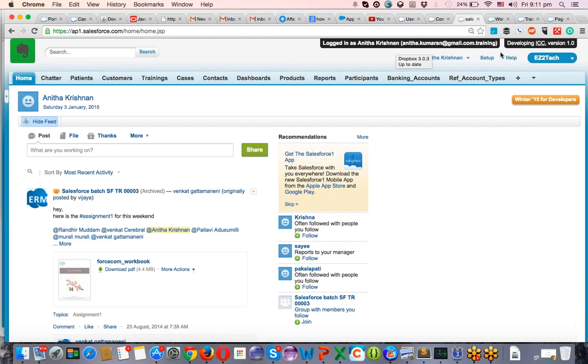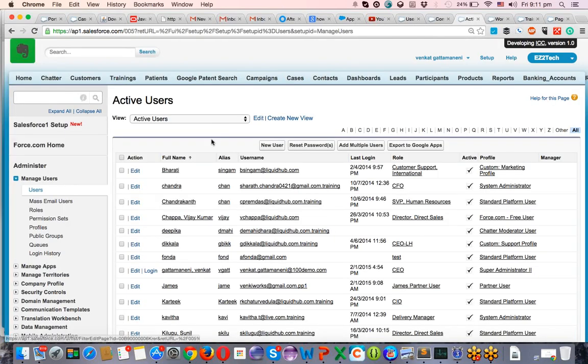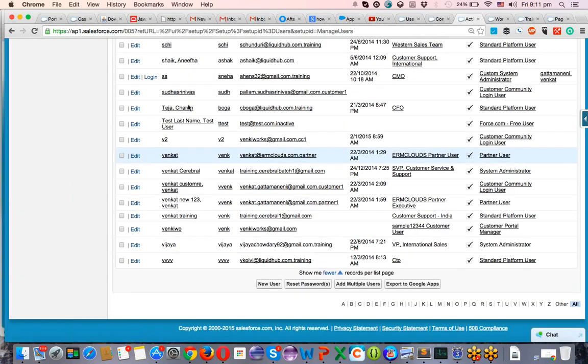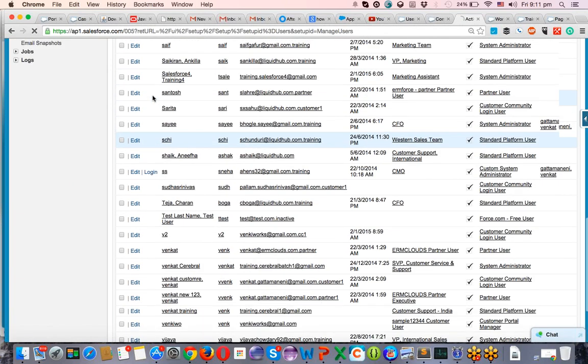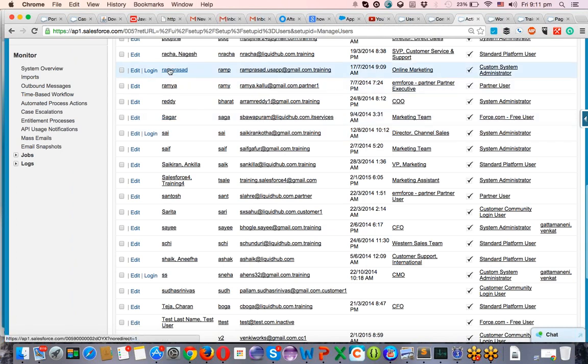Means it's not showing by Venkat, but you know that you first log into Venkat, later on you are super administrator. And this lady has given permission to me to log in into her edition. So this user belongs to this edition only. See, these are all users in my edition. That's the reason I can access it. So she gave login access because she has some issue. She wants it to be fixed by the system administrator. That's the reason she gave access to that.